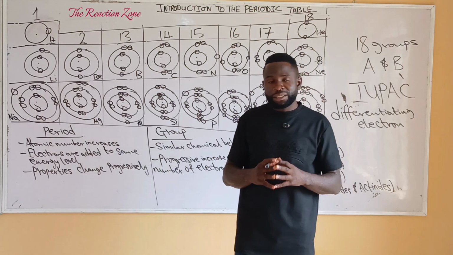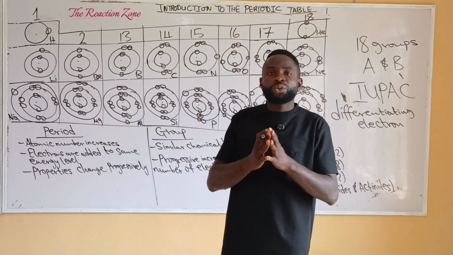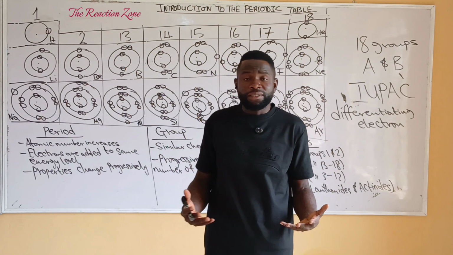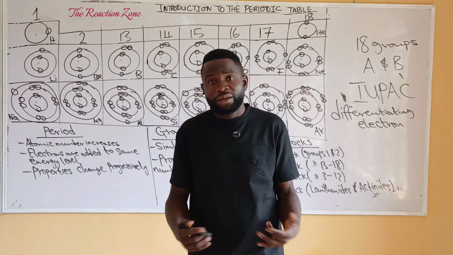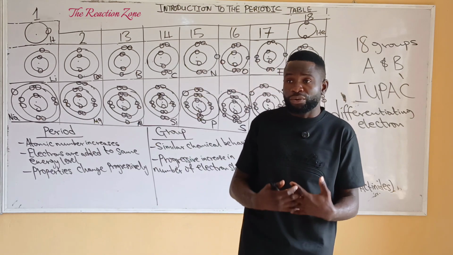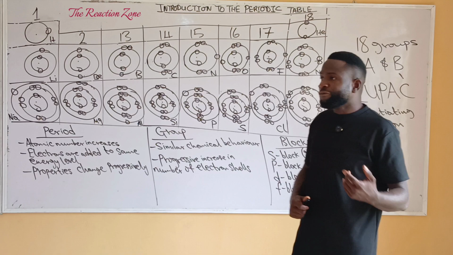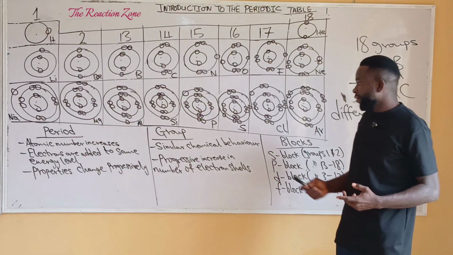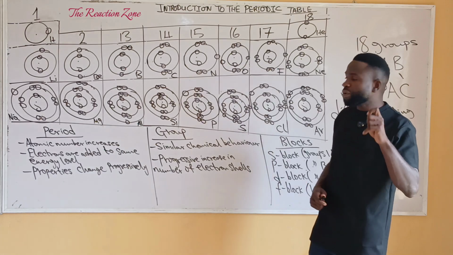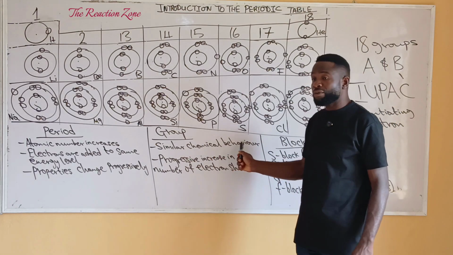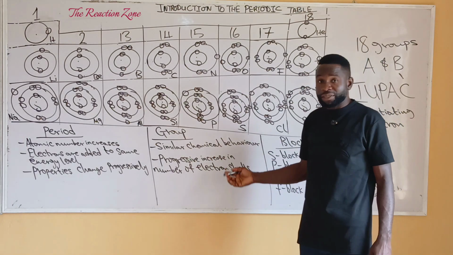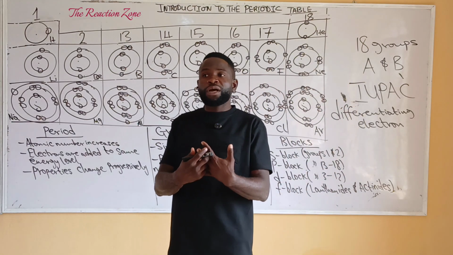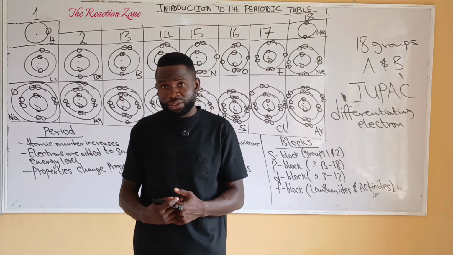So what this means is that elements that belong to a particular group have the same number of valence electrons. That is, they have the same number of electrons in their outermost electron shell. The information that each group avails us is as follows. The first one is that elements of a particular group have similar chemical behavior or similar chemical properties. And the reason for this is because elements of a particular group have the same number of electrons in the